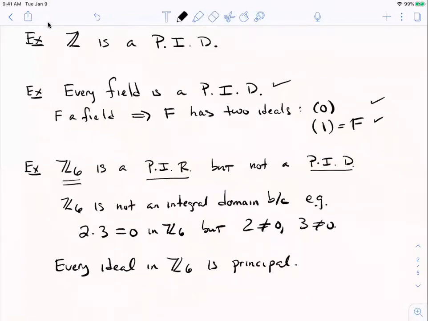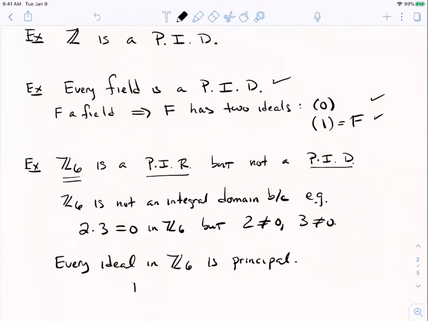I'm going to leave that as an exercise to you, but it kind of follows from the fact that Z6 is a cyclic group. So every subgroup of a cyclic group is cyclic, and then sort of like up in the integers, although there's a little detail to think about, adding an element to itself over and over in Z6 is kind of like multiplying by Z6 elements, as long as you're doing the multiplication mod 6. So I'm going to leave that as an exercise for you